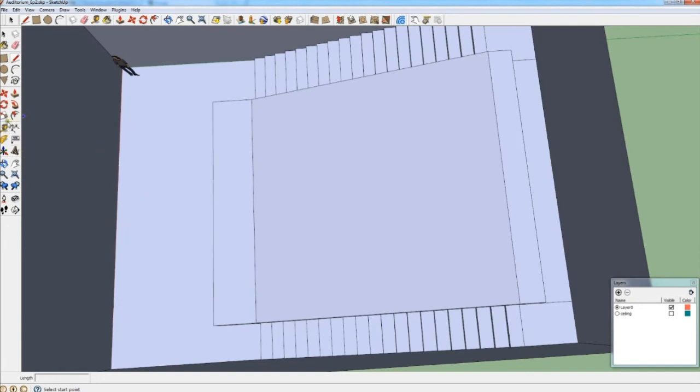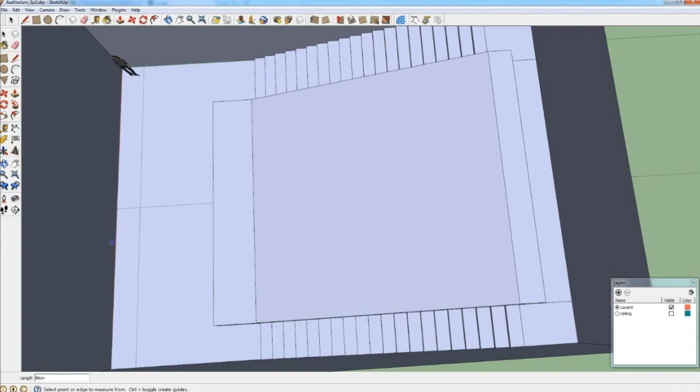So what we are going to do is use the guide tool to make one guide at 6 meters away here, and then another guide 90 centimeters in front of the front wall. So this corner, this intersection will be the starting point for the desk.